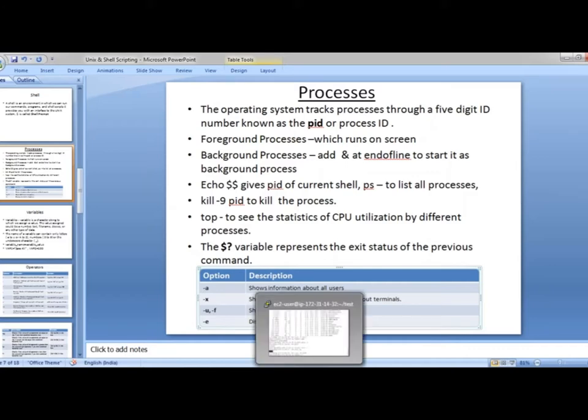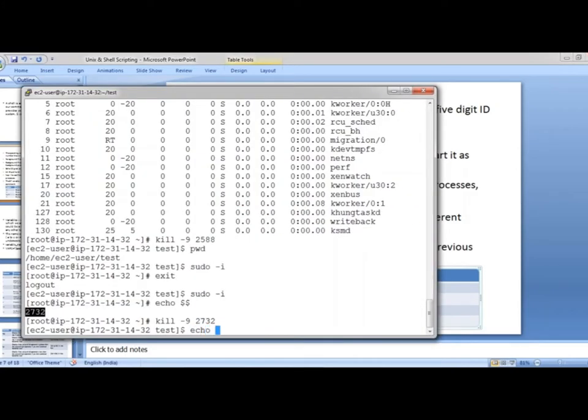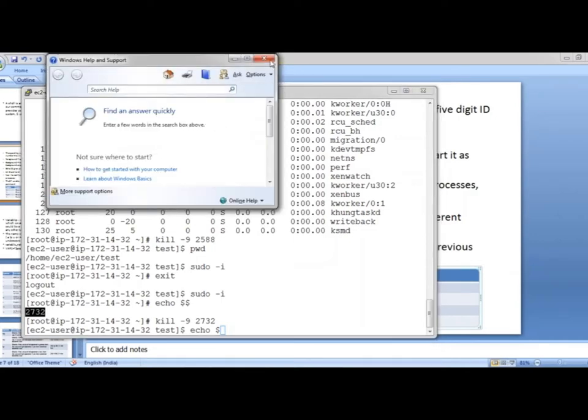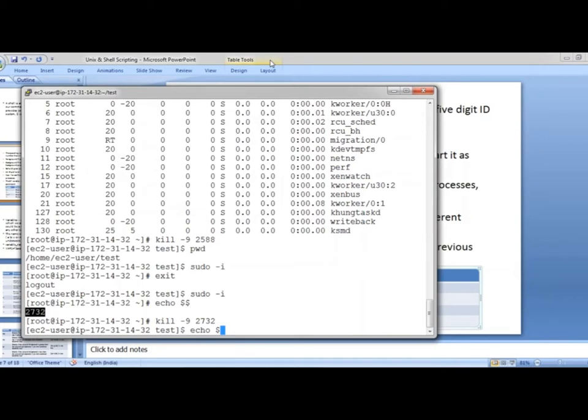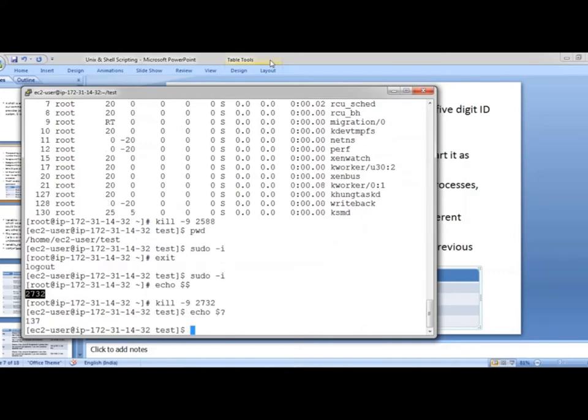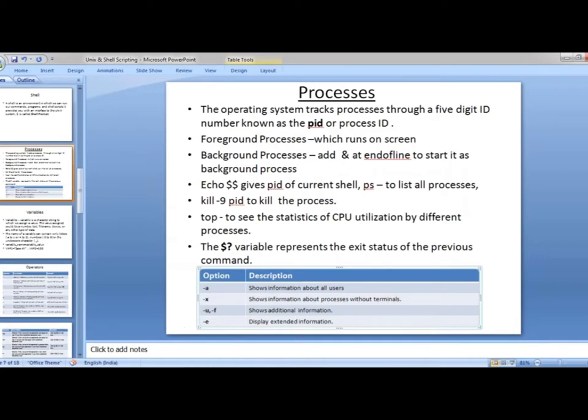It shows the exit status of the previously run command.